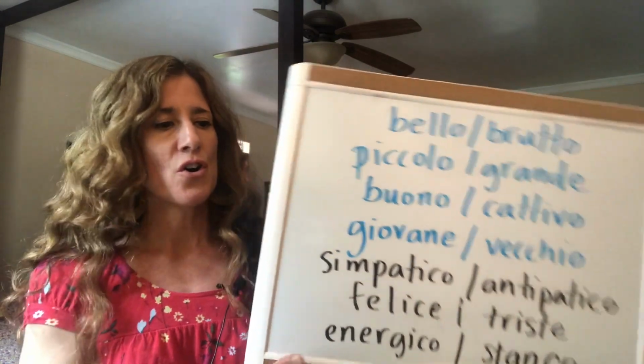So now you have a lot of adjectives under your belt that you can use. You know how to say intelligent, you know how to say handsome, you know how to say interesting, you know how to say nice, okay? So now let's talk about the rules for transforming just that singular masculine adjective to describe whoever you want to describe. So we're going to look again at those two groups, the first group that they all ended in O, and then the second group where they all ended in E.